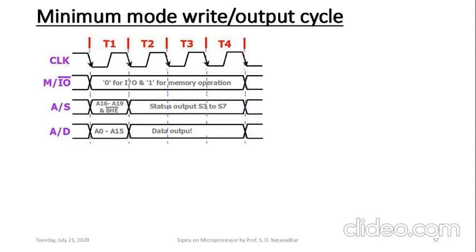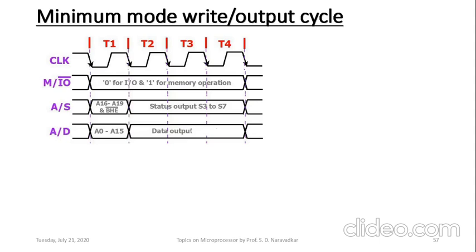And in case of write operation, data is also output from the processor. Data D0 to D15 will be also output. That's why you can observe it in case of write operation. After output of A0 to A15 address bits, that data output is immediately followed without any high impedance state. So in case of write cycle, there is no high impedance state to be shown on address data lines.